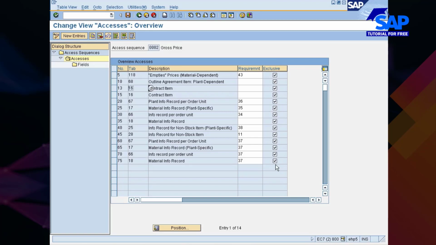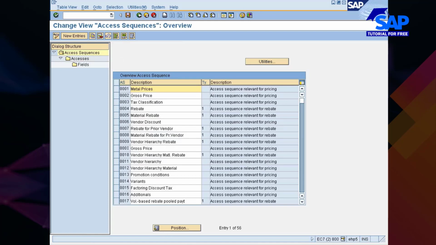So the exclusive indicator, if maintained at the condition table level, will enable the system to stop the search as soon as the condition record is identified. Okay, so this is how you should read these condition exclusion indicators.